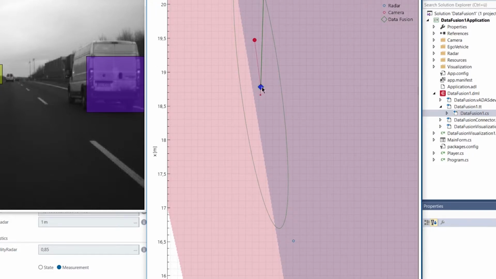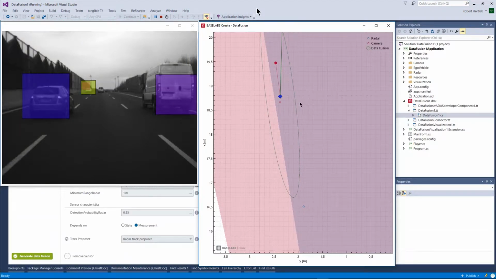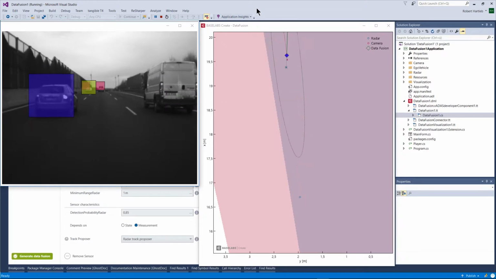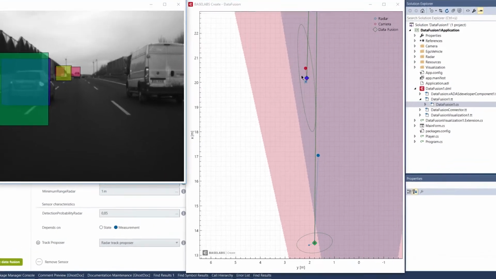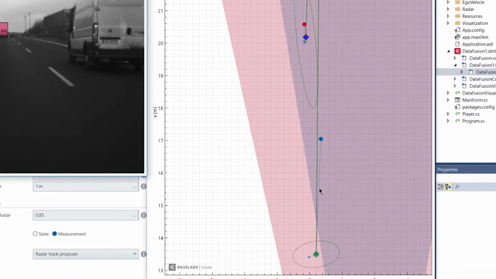So we can see here's the track and a field of view, and we can see the bounding box. We can see the camera measurement is associated with that track, but this radar measurement is not associated with the track. And now you'll notice that if we let the video run a little bit more, that radar measurement is turned into its own track. Now all of a sudden we have two tracks. We have the track from the camera measurement, and we have a new track which is associated with that radar measurement. And we can see it's behind that camera track.